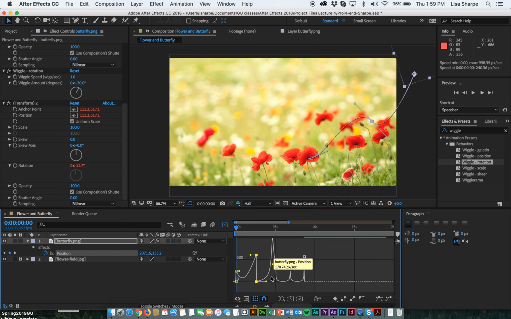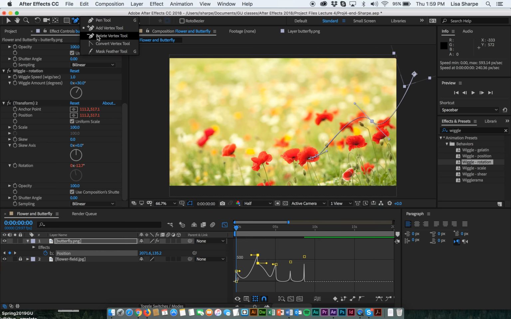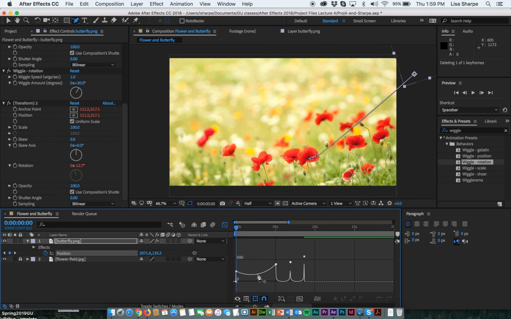And if I start to mess up here and mix up, as I have here, I have an extra point, an extra vertex. I can also delete points. So I'm going to delete a vertex here. All right, so anything I do, I can of course undo, and I can move these around. So now I'm going to have basically